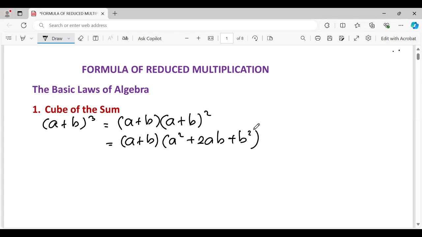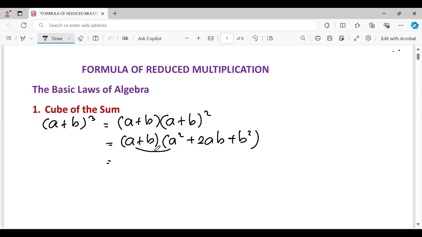plus b squared. In my first video regarding this topic, I explained that a plus b squared is a squared plus 2ab plus b squared. You can watch my previous video, my previous lesson. Right. Next, we're going to